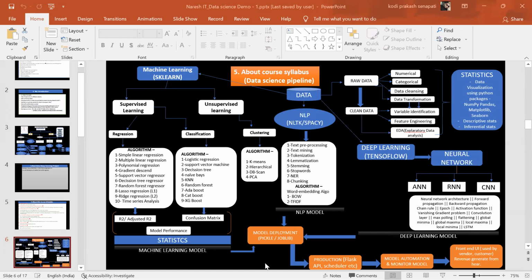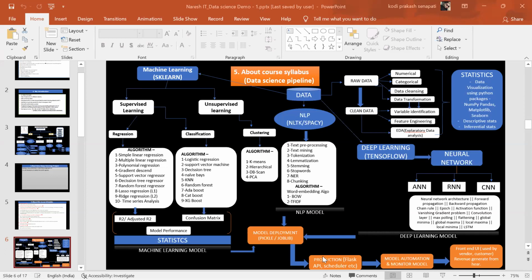Once you build all the models, we need to know statistics, because every company requires testing. For example, when we drink water, the water has to be tested, right, guys? Do you understand what I'm saying? Any product you take, technical or non-technical, everything has to be tested. The model which we build, we need to check the model's accuracy. For those things, we must know the statistical part as well. Do you understand or not?